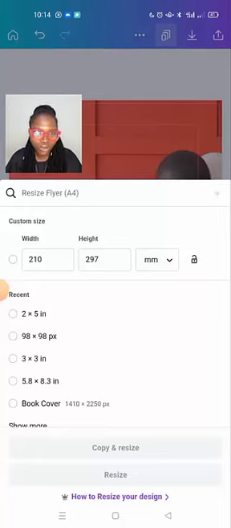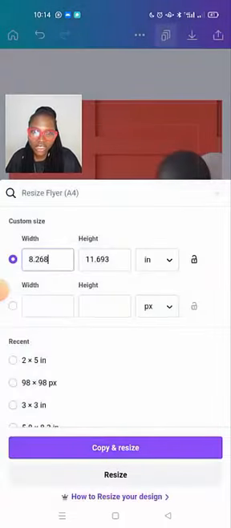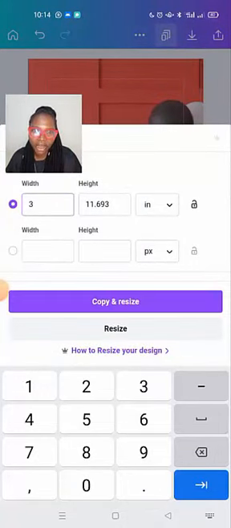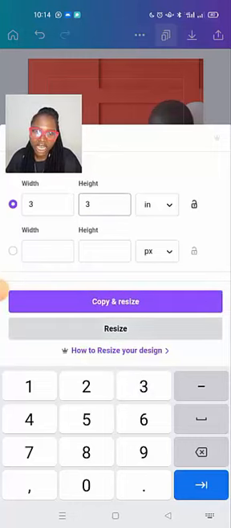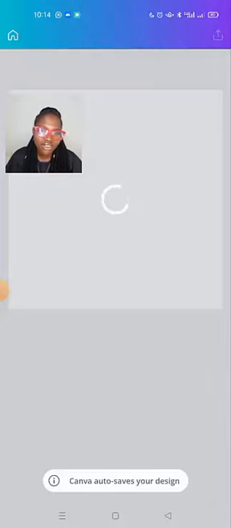But in case you don't have, I love to use inches. If you know your measurements in pixel, inches, millimeter, or centimeter, feel free to use it. I love to use inches, and then I can pick 3 by 3. Then I'm going to resize. If you say copy and resize, it will maintain the one you have already. And if you say just resize, can you see that it resized it into the shape that I want without distorting